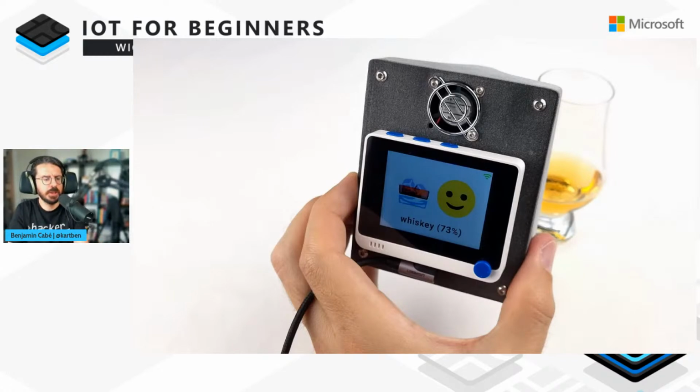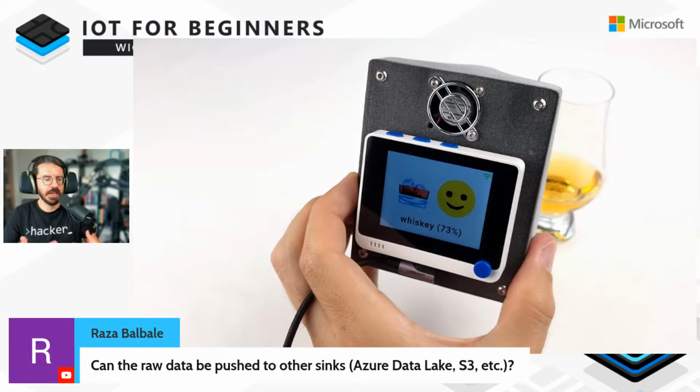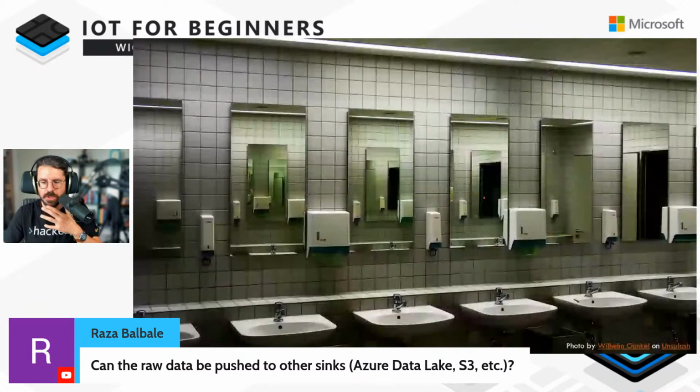There's a question, I think, from someone on whether the raw data that we get from the device can be pushed to other things. Yes, it can, and that's actually where IoT comes into play. That's why you see on the device this wireless communication icon here. I ended up connecting the device to the internet, to the cloud, to Internet of Things platforms, because I realized that there's tons of really interesting use cases